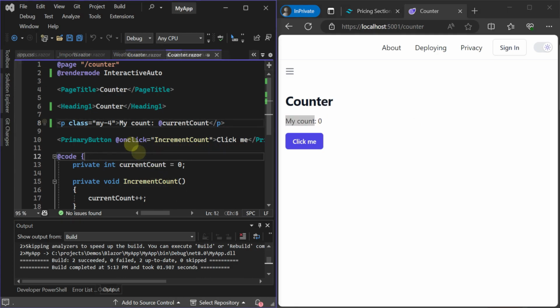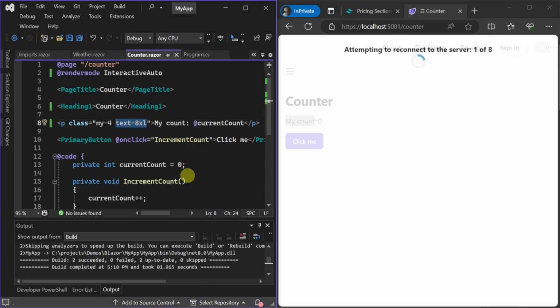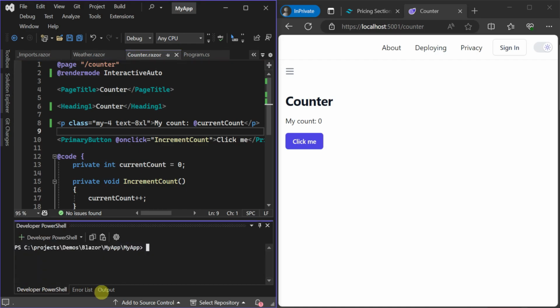So while our changes are automatically hot reloaded, if we try to make a simple style change to using the text-8xl style in Tailwind, nothing happens. And this is because of how Tailwind works, and even though text-8xl is a valid style, it isn't in our application's style sheet automatically. This Tailwind CLI process works as a running node process that actively listens for changes in